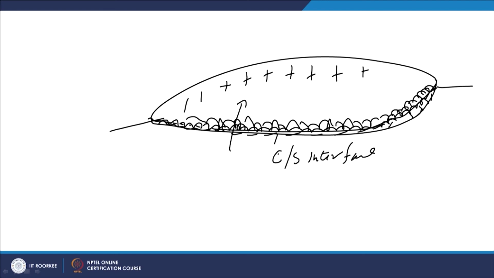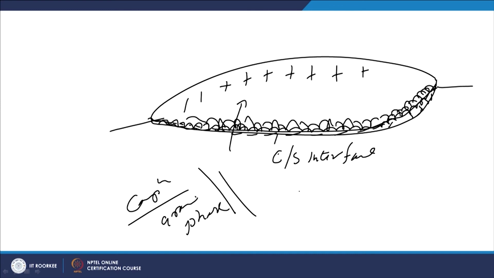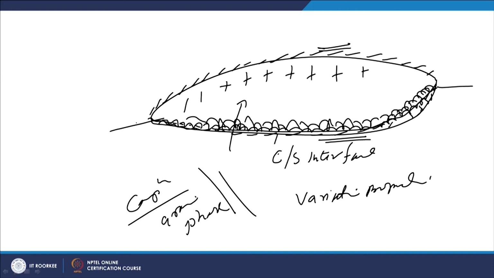There is a continuous difference in terms of the composition and in terms of the grain size, maybe in terms of the phases as well, and that is why we mostly find that there is a continuous variation in the properties from the substrate coating interface to the top of the interface. And if the protection of the pool is not proper, there may be some loss of the alloying elements from the surface region or near surface regions of the claddings due to the interaction of the molten metal with the atmospheric gases, and because of this there may be absence of some of the alloying elements, and this will be leading to the reduced